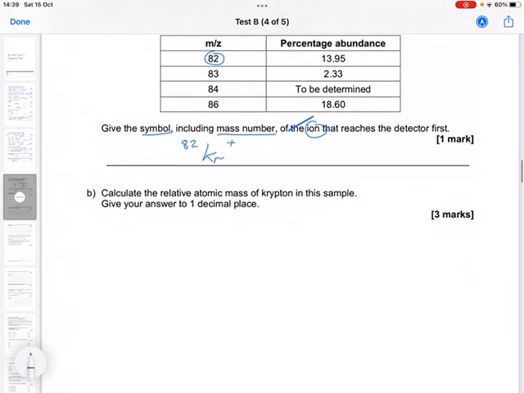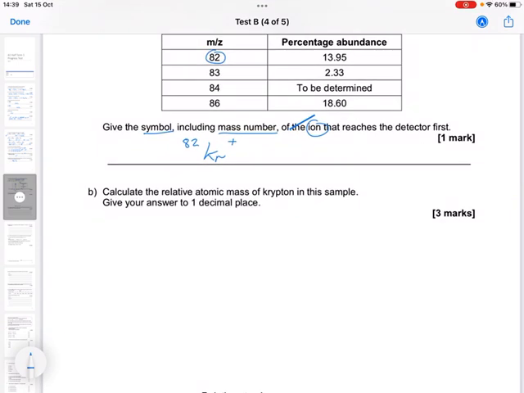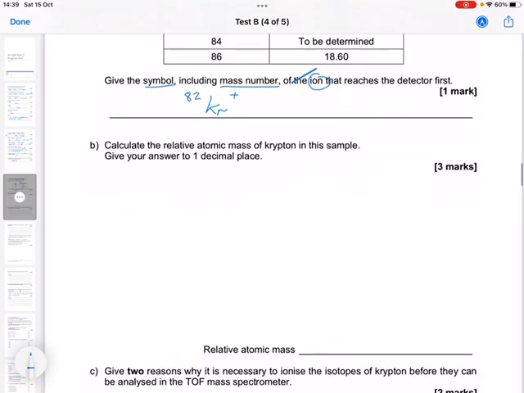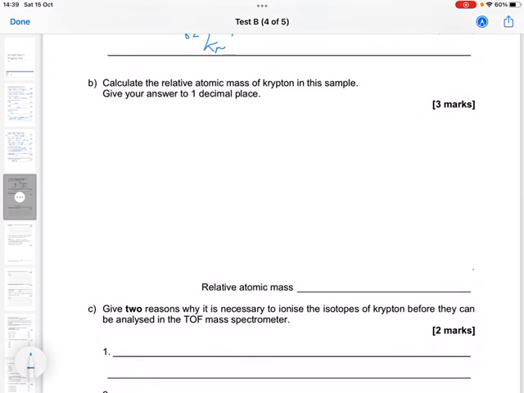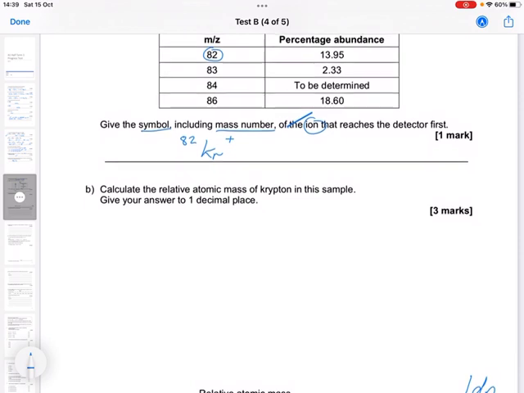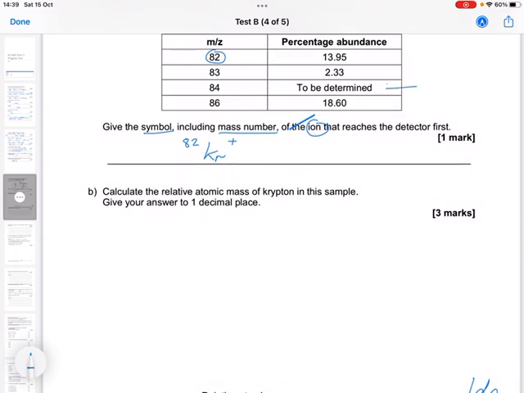Part B, calculate the relative atomic mass of krypton in this sample, giving your answer to 1 decimal place. So good exam technique here is just give yourself a little reminder that that's got to be to 1 decimal place. I need to calculate this abundance here. So that's going to be, now they're all percentages, so it's 100 minus 13.95,